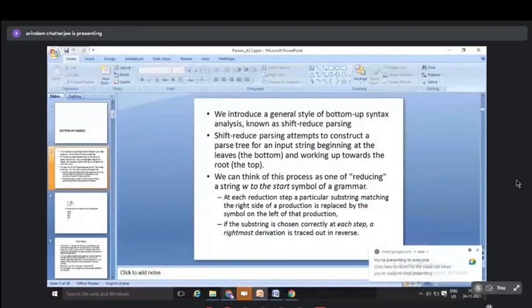Sir, in case of left recursive grammar, we will prefer it in both top-down as well as bottom-up, no? No, in a top-down parser you cannot have a left recursive grammar at all. Okay, because left recursion can cause you to go into an infinite loop. That is the problem. So we cannot have left recursion in case of a top-down parser, but we can have right recursion in both top-down and bottom-up parsers.